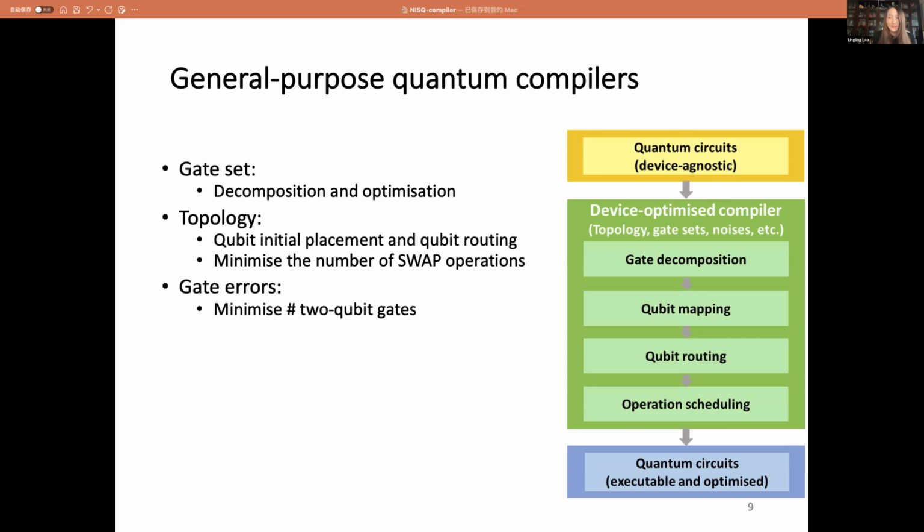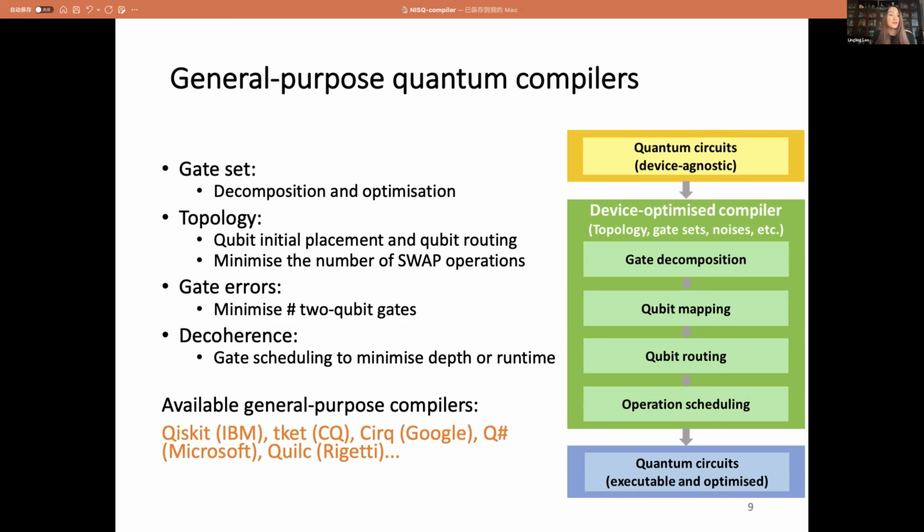The reason we want to minimize the number of gates, or the number of 2 qubit gates, is because we know that we have quite high 2 qubit gate errors in the NISQ devices. Also, because of the decoherence limitation, we want to perform gate scheduling to minimize the circuit depth or the circuit runtime. Many general purpose compilers have been developed.